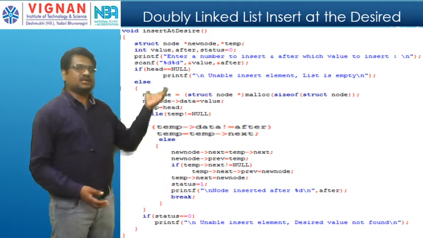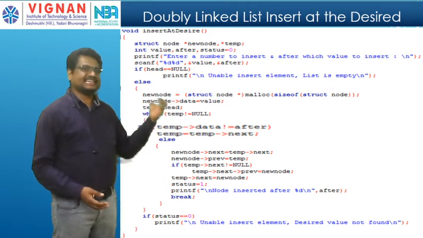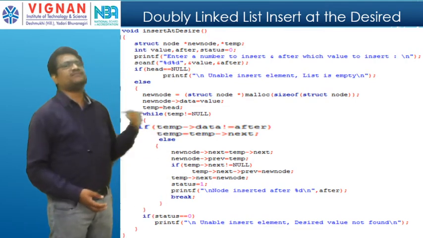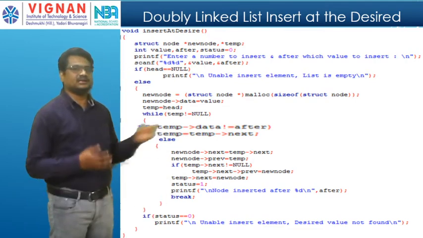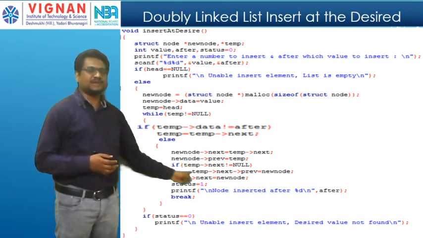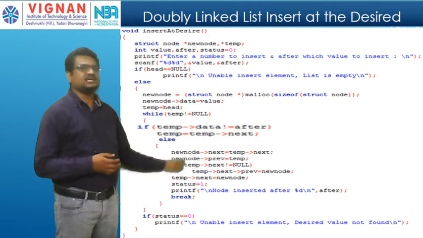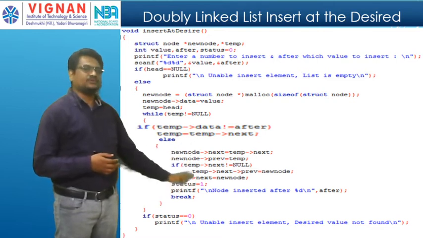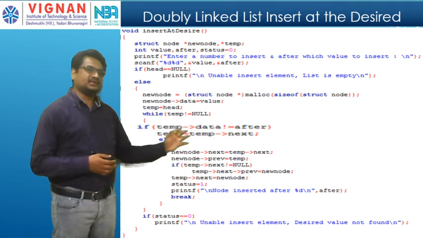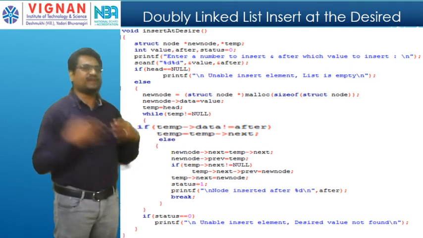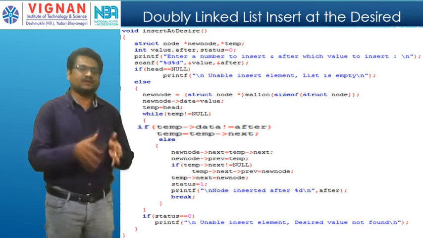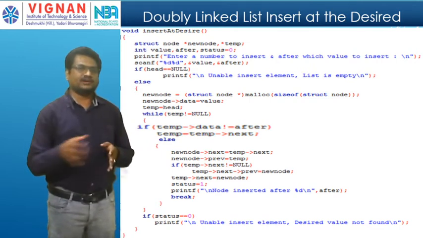Am I right? If here the condition fails, then it means error. Or if I find any desired element in the linked list, then here I will do the swapping process or insertion process. Then I will break the loop. Wherever I find the element, I will break the loop there. If I have 5 elements and my desired element is in the second only, then I will break at the second loop. Why? Because I found it at the second.